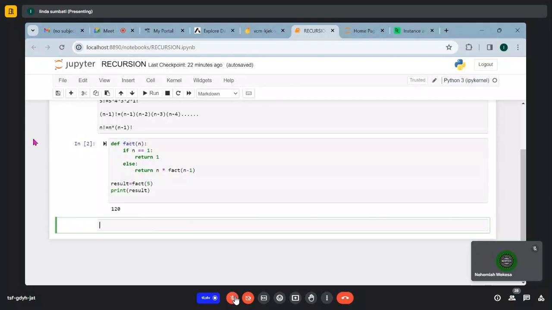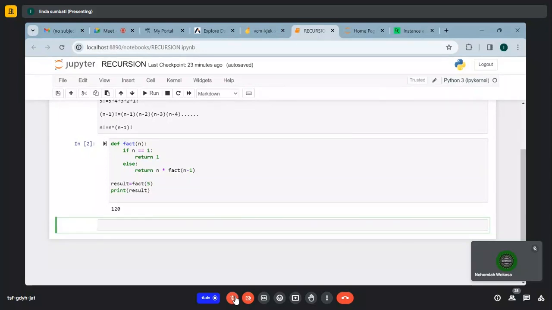Thank you so much. So that is all about recursion. And if you want to practice more, you can check the Fibonacci, or you can even try counting numbers. For example, maybe you want to count the numbers from 5 to 10, either descending or ascending. You realize that if you just call